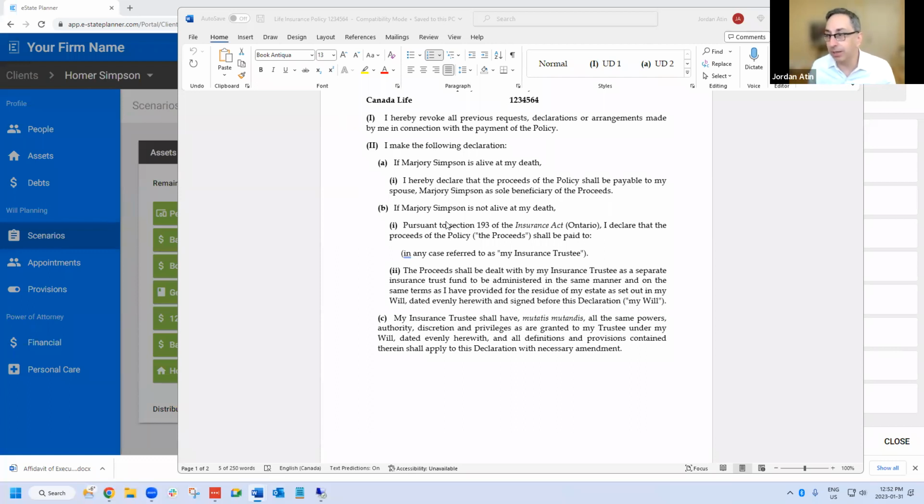Now come to me and sign your will on day three, and we'll do a new designation that names the same person, X, as the beneficiary, as trustee, and so on. Now the bank is going to pay it out to that X. They may not care whether they're receiving it as a trustee or not, but X is bound to hold that money as a trustee because this is a later designation. So that might be a little way of getting that to work properly. I'm not strictly endorsing that. I'm just saying that's something to think about.